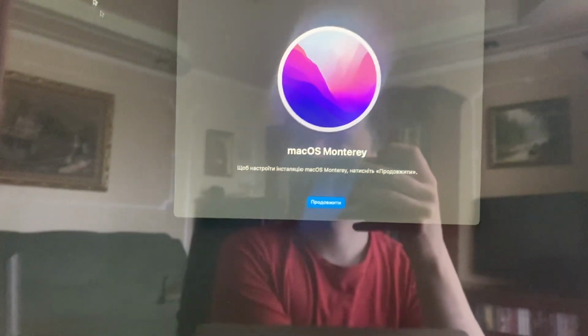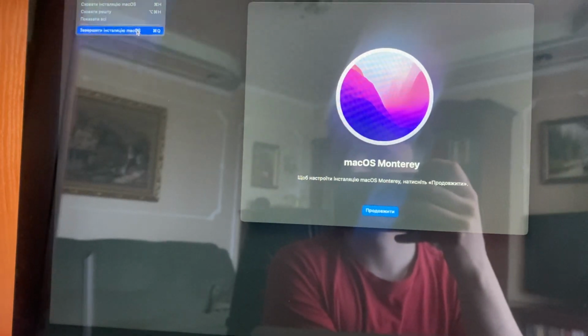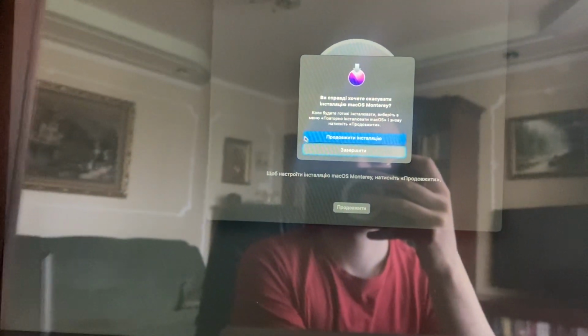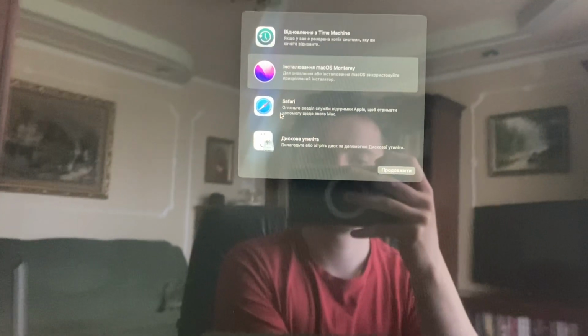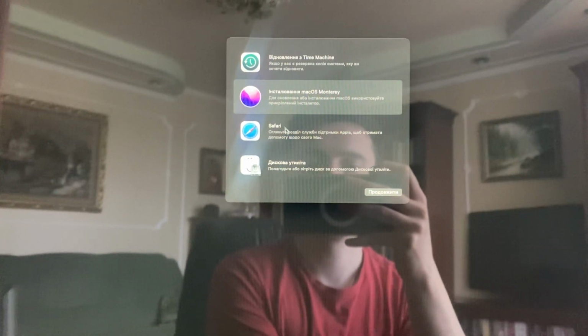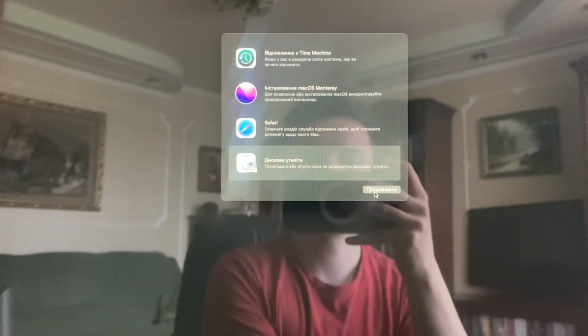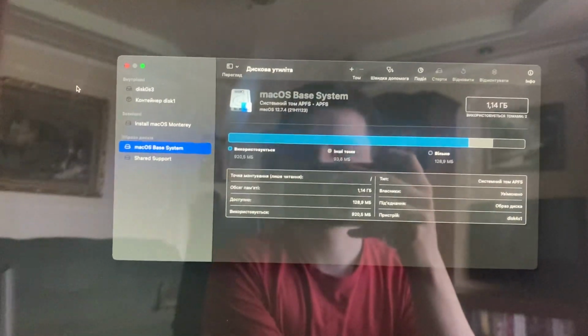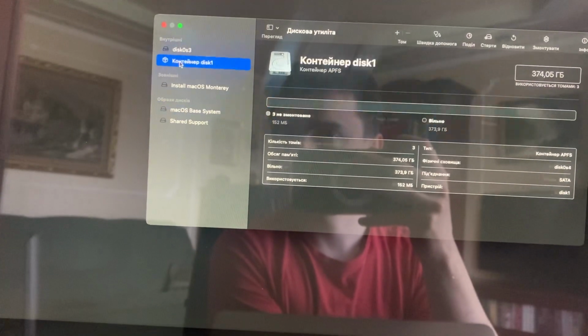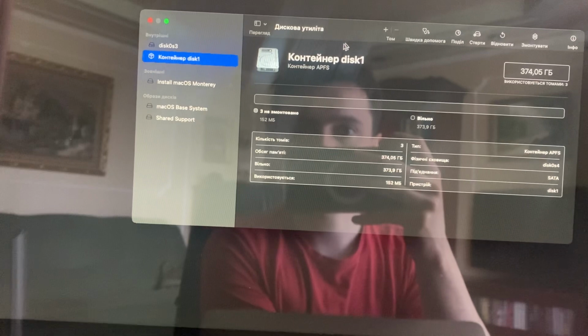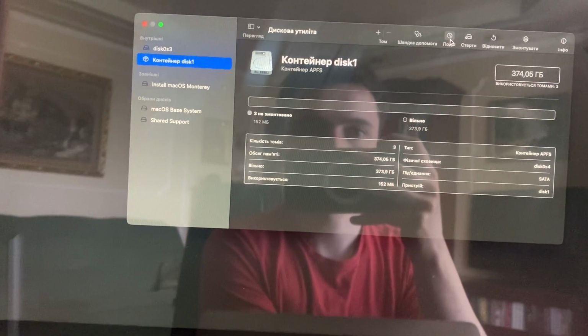So just go back here, you just need to tap on cancel. So now you just need to go to Disk Utility, just open it, and here you can see my disk, and we just need to format it. So let's just tap on